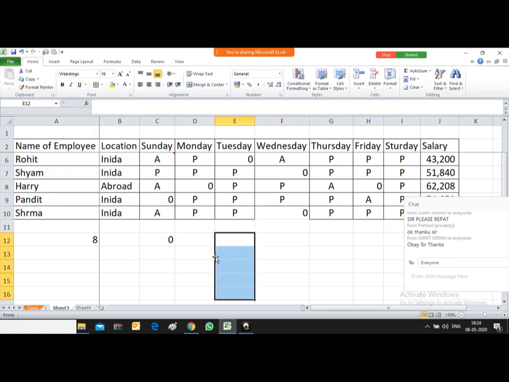Click on Webdings. Now this font style is Webdings. Once you have selected this, put a small a, not the capital A. If you put small a, it will automatically show a tick. In the formula bar you will see a, but on the visible cell it appears as a tick. And if you put R, it will appear as a cross. Hope this is clear to you, Ravi.